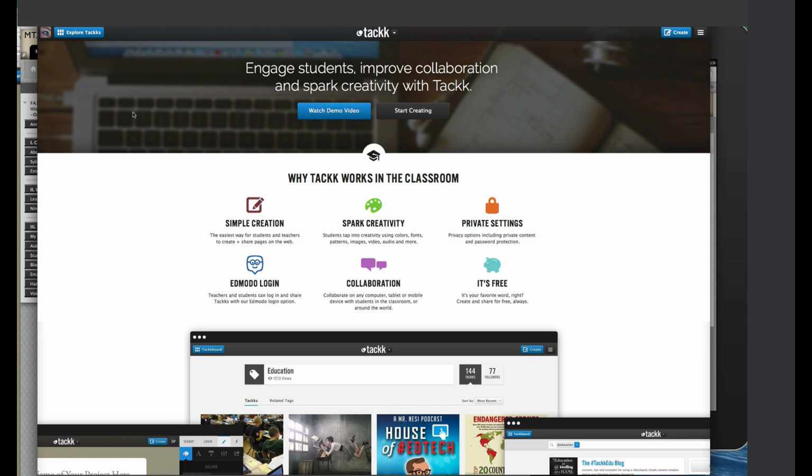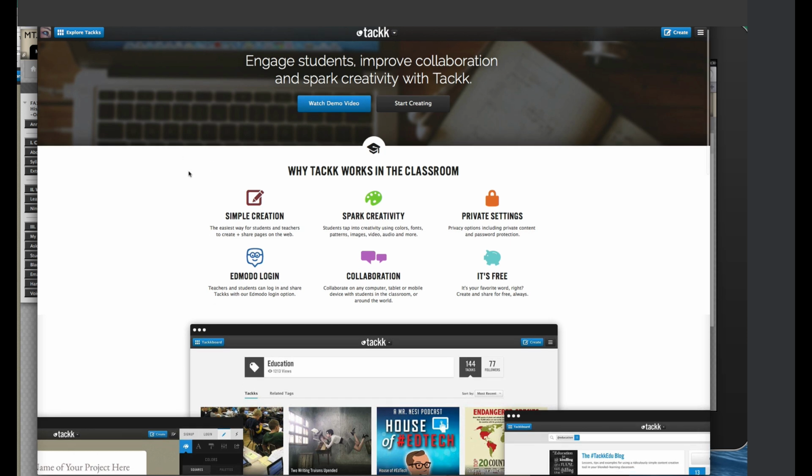system and many of the easy to use tools that are out there that are becoming more and more fluid, more and more creative, and how to make them work effectively with the learning management system and how to create a design that makes sense for my students. So one of the tools that I've been exploring this week is Tackk, and I'm finding